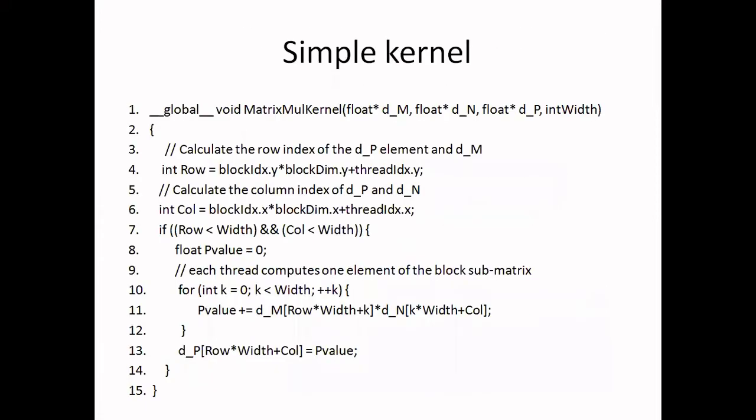Now, this is a simple kernel of matrix multiplication where we are not using collaboration between threads. We just wanted to do something for each thread. For each pixel, we will see whether it is within the boundary or not, and if it is in boundary, we will access the global memory.